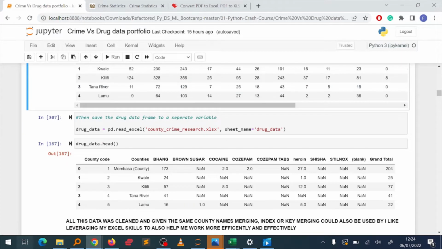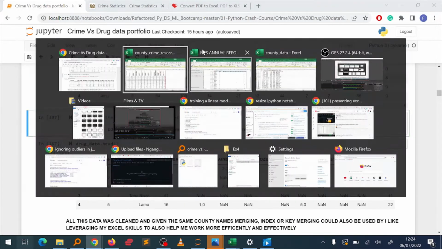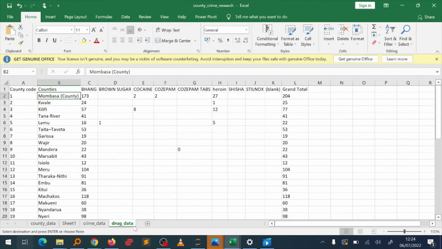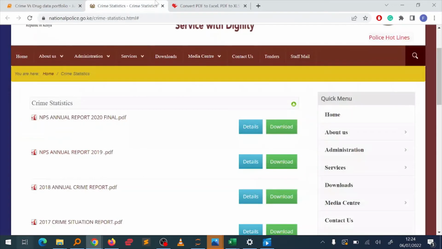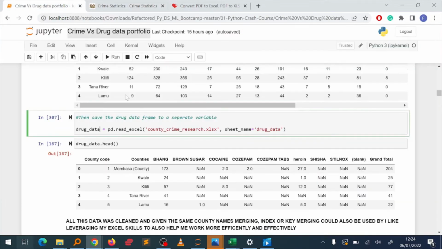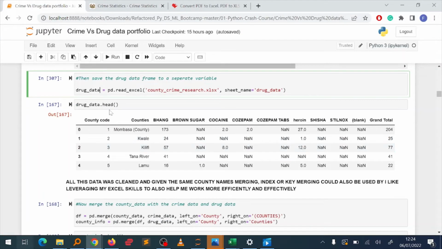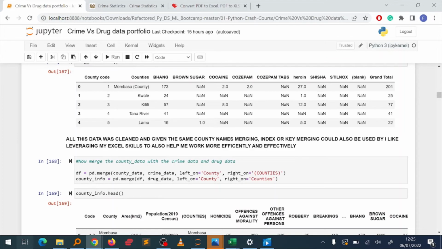Then we do the same thing for the drug data. We take the drug information that we have formatted from the NPS data, and then we look at the drug data. We can see bang, brown sugar, and so on. There are a lot of null values, and because you're just interested in bang, which is marijuana, all this other information is not important. So all this data was cleaned and given the same county names, merging